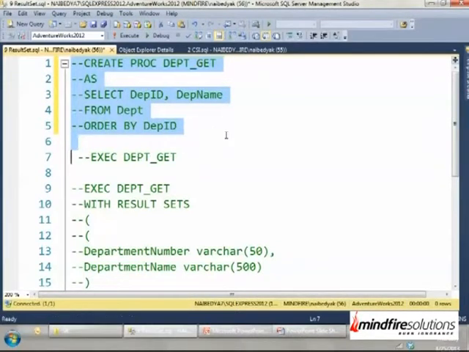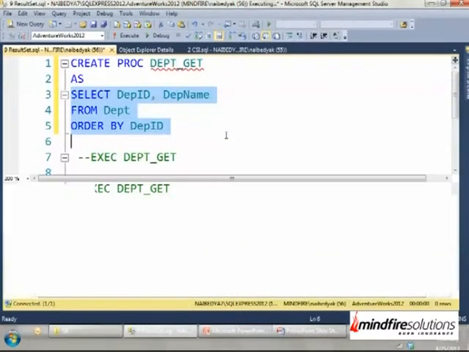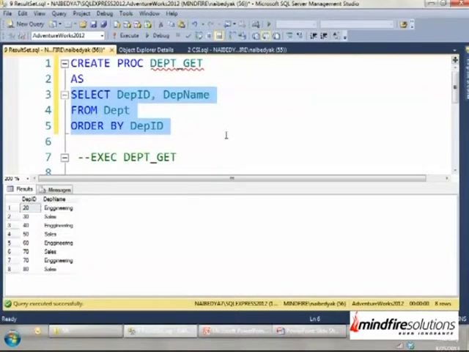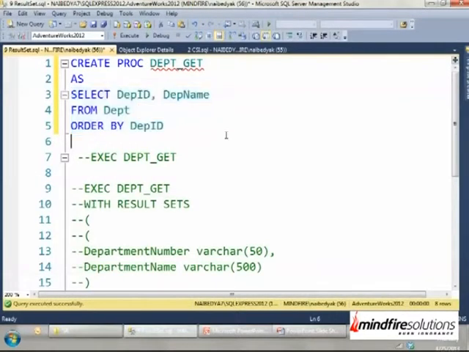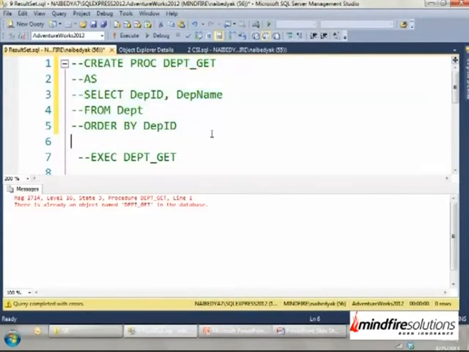done. Now I have a requirement where I want this dept ID to come as department number or whatever, and dept name to come as department name and in a different data type. How do I do that? The only way I was doing until now is I'll get it in my program. Let us say it is C#, then I'll create a data table, then I'll manipulate in that data table to whatever I want basically. But with the result sets option, what you can do is the same stored procedure is called